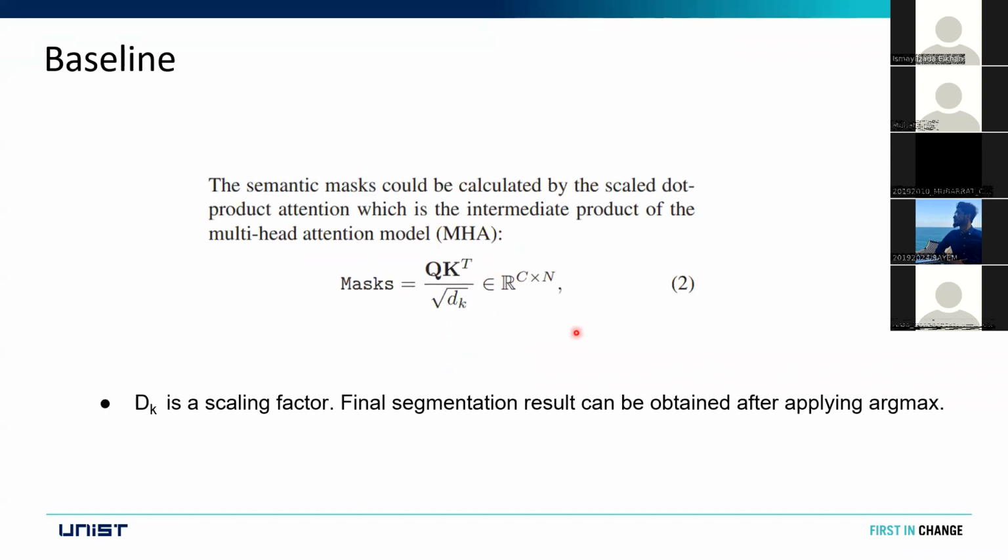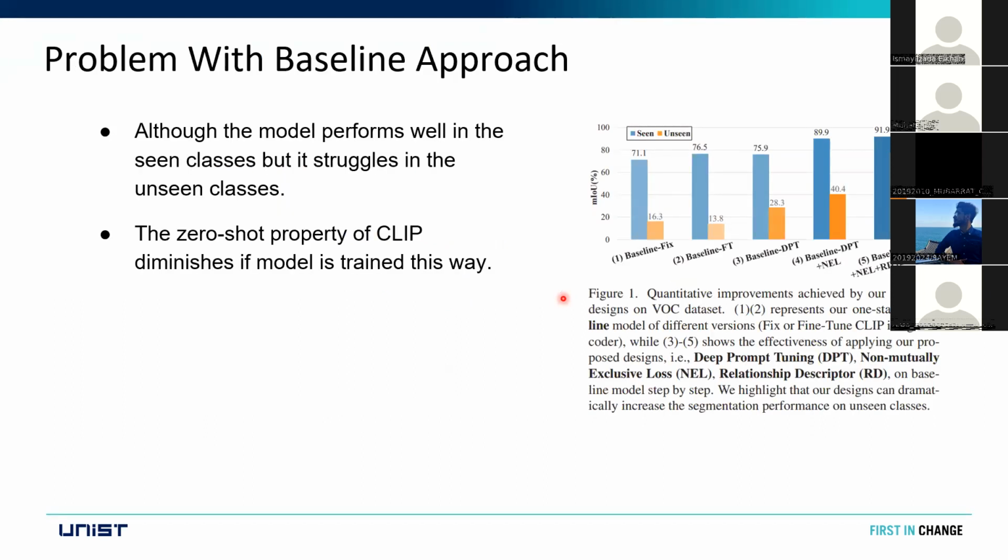And from the masks, we can see we'll have a C by n dimensional matrix. C is the number of classes available in a certain data set, and n is the number of patches. So if we just take the argmax for each patch, we will get the correct segmentation for each pixel. And if you combine all the patches together, we can get the segmentation for the whole image. But the problem with this naive approach is